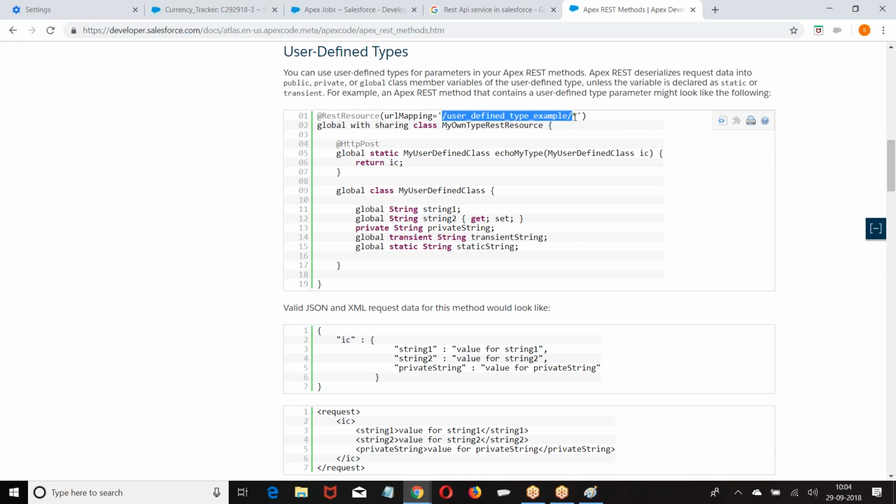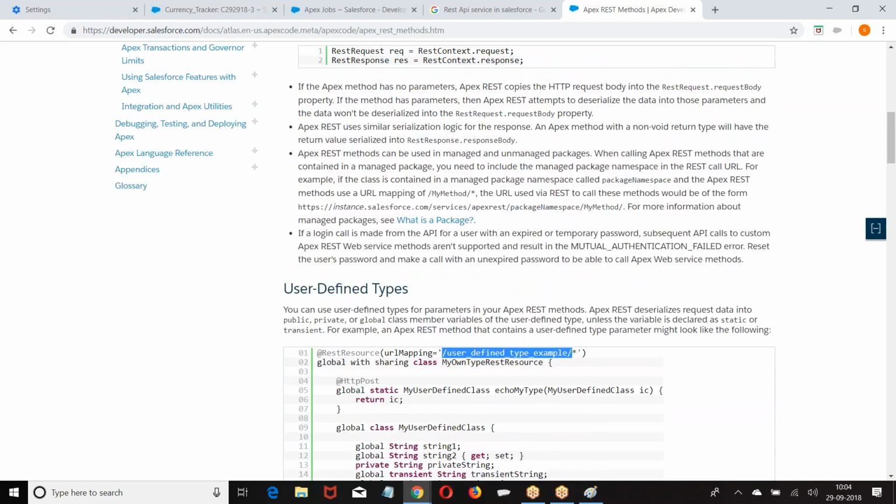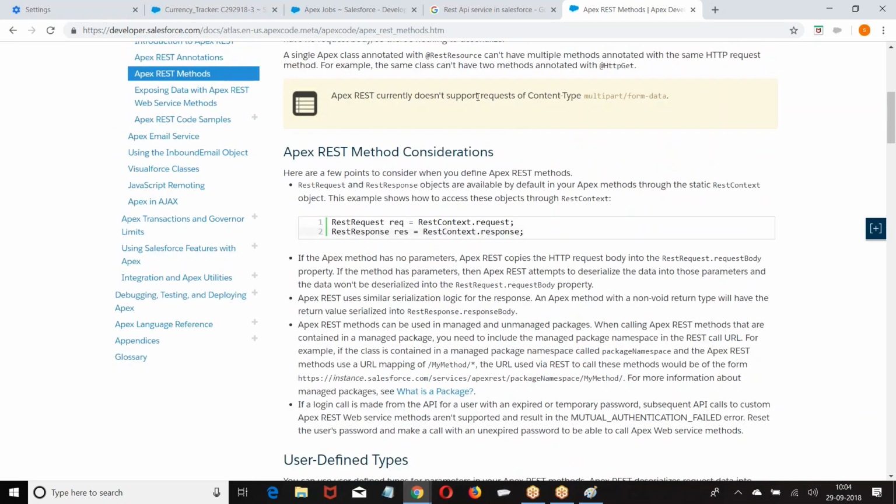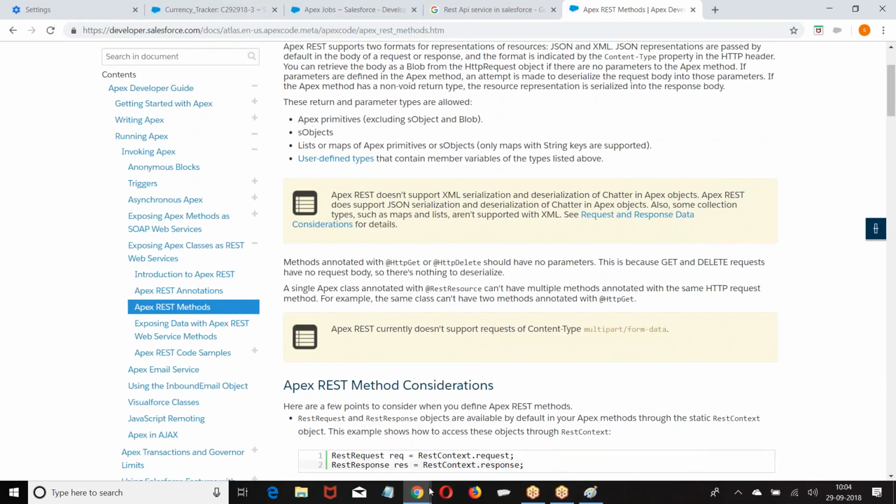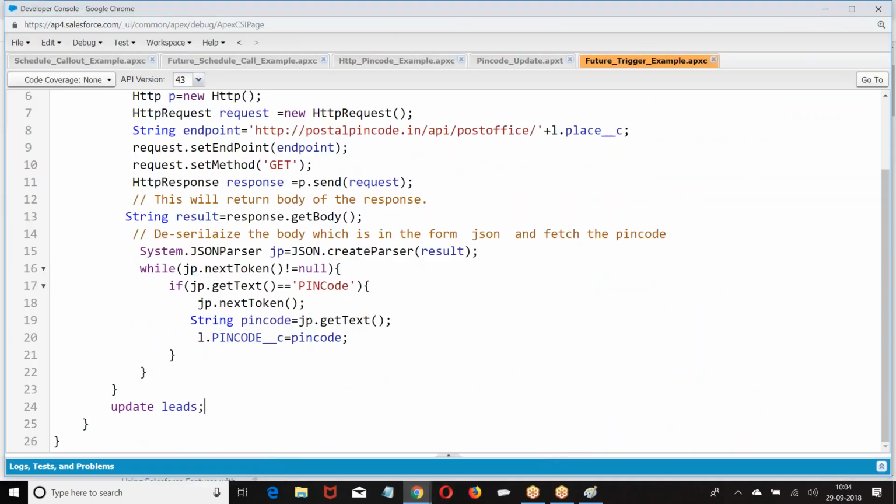So there is a reason: preferably give with sharing. Now let us go to the next. So how do you define your web service?